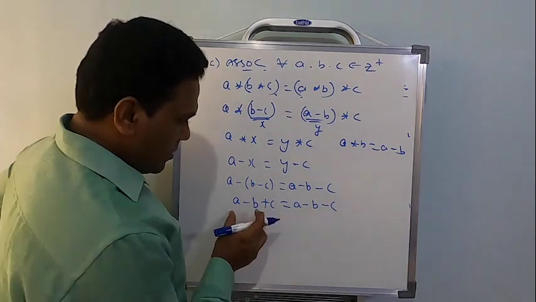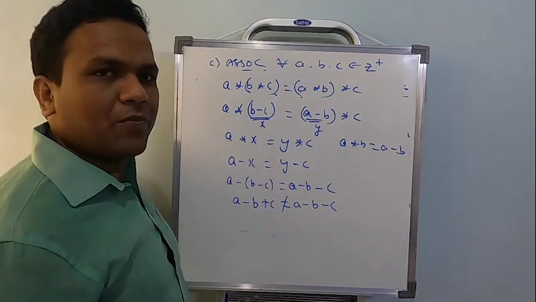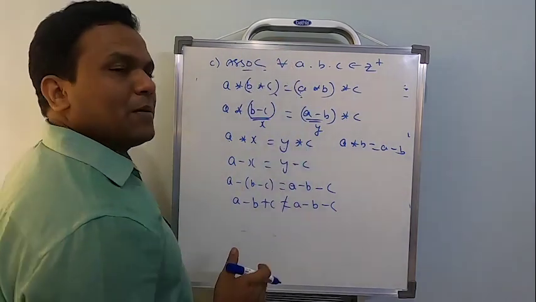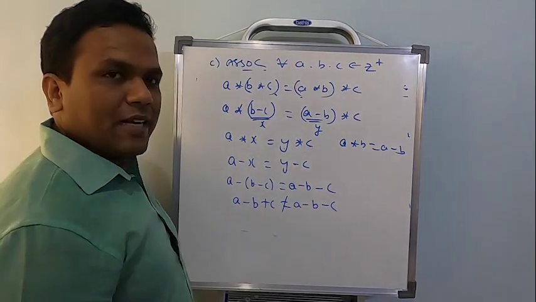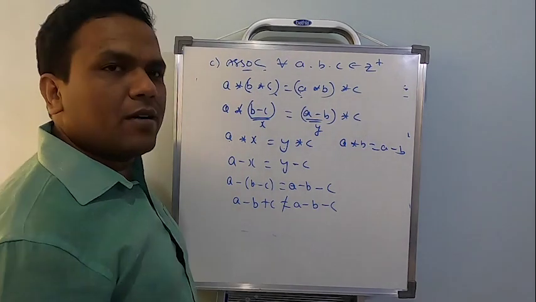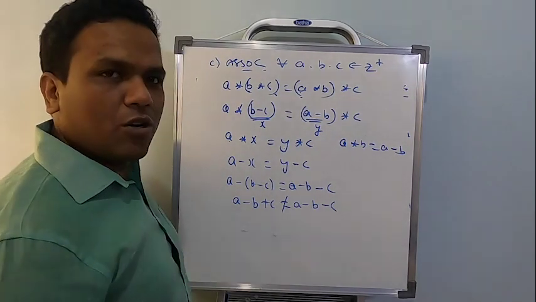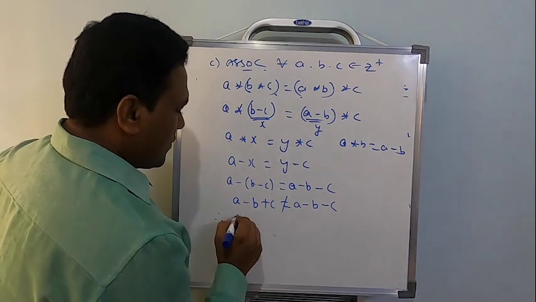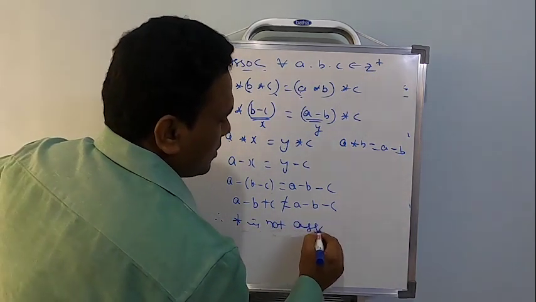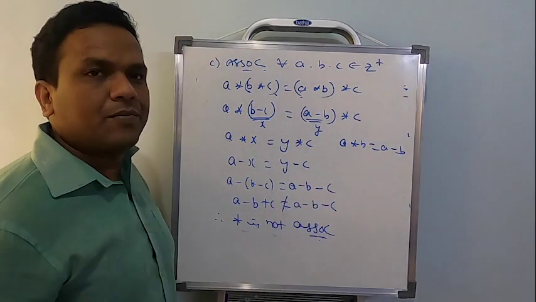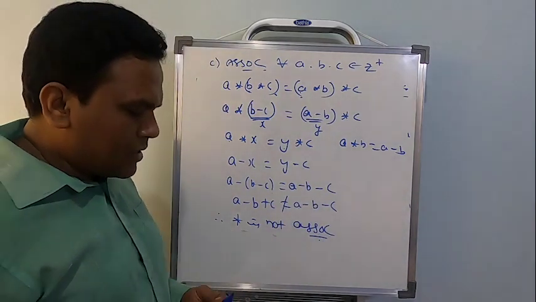Can they be equal? Different elements. They are not at all equal. So first you write the property, keep simplifying. At the end of the problem, if you are able to get both sides to be the same, then you can say that it's going to be associative. If not, it's not going to be associative. So give a conclusion. Therefore, star is not associative. So that's how it should be done, students.